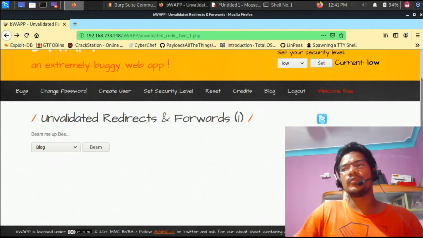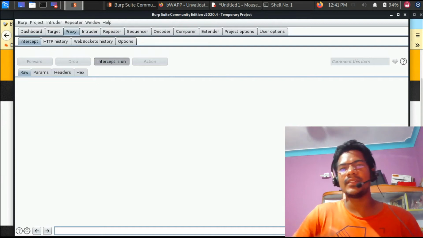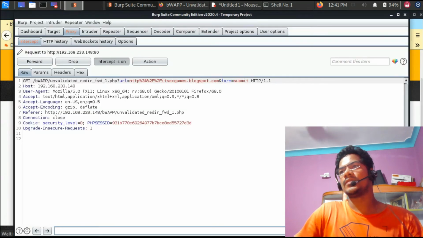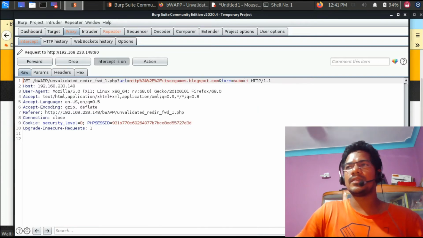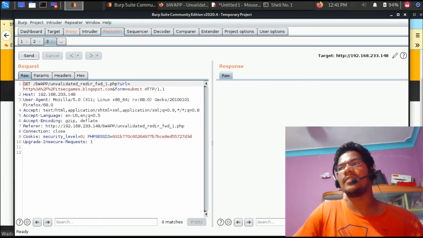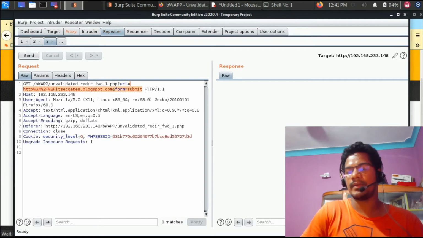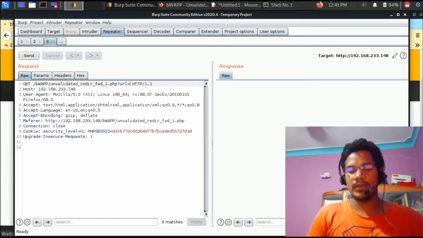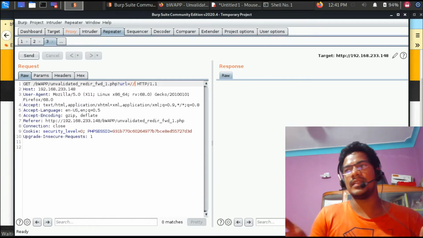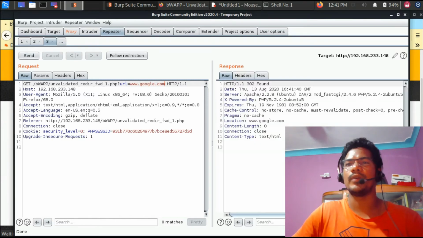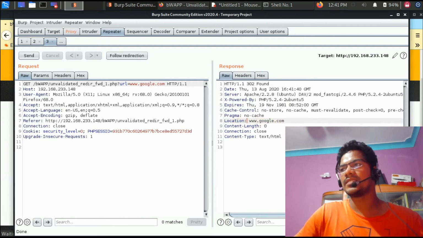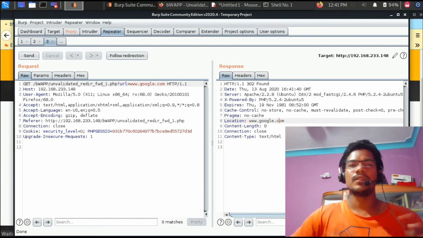So what I am going to show you is basically the testing methods that I use, or most of the people use, while they look for this URL redirection vulnerability. So if you see, I just clicked on here and it is redirecting me to this particular URL. Now some of the testing payloads or methods that you can try out: first of all, let's remove this entire parameter, and instead of URL equal to, you put a single slash. Let's say the basic methodology is to try with www.google.com. Don't even try for HTTP, HTTPS for the first level while you're testing for this. Now over here you see it is still redirecting you to google.com. So this is one of the ways.